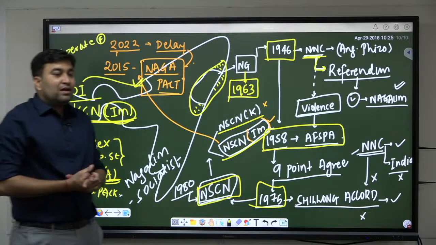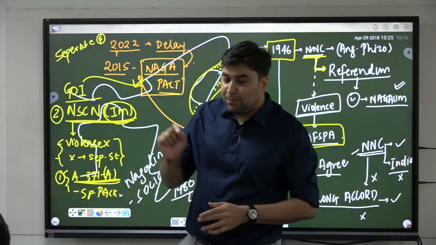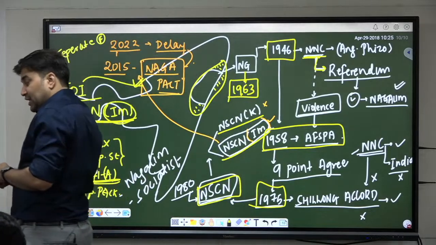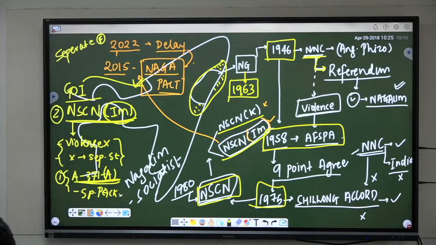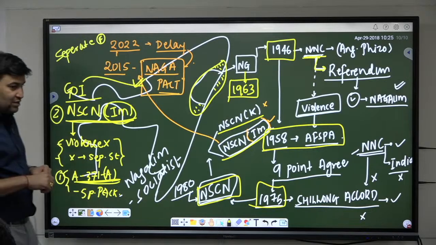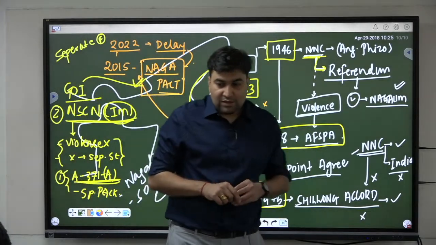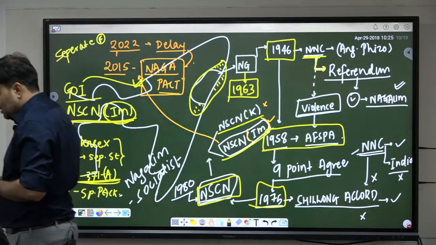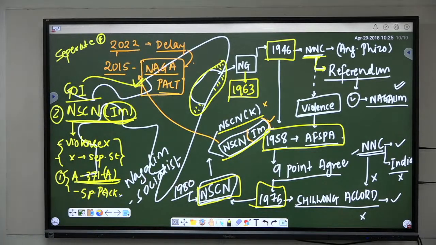Next point, you write. As per the MHA report recently, first point, you write: Nagaland witnessed a 45% decline in the number of violent incidents with respect to 2019,